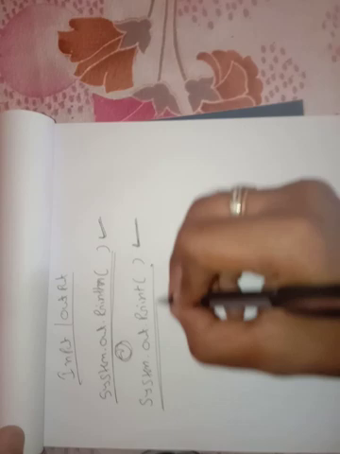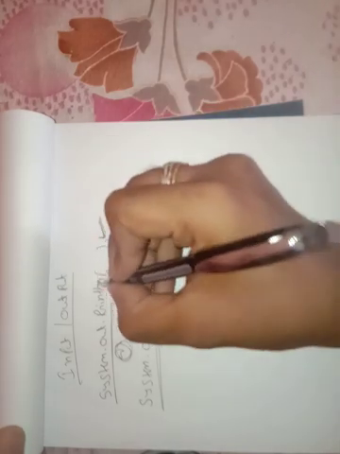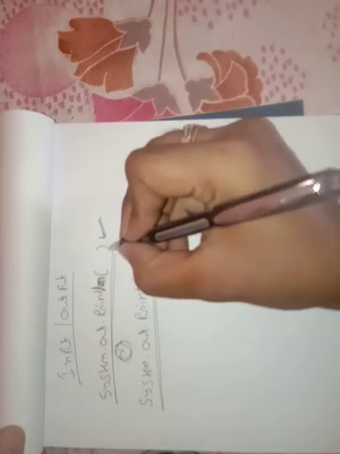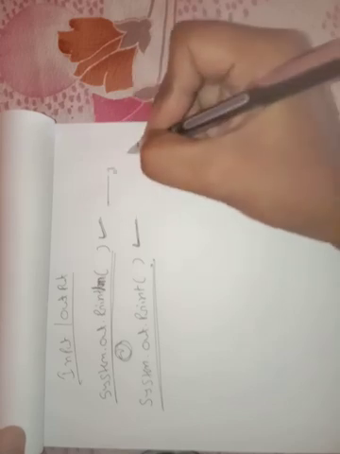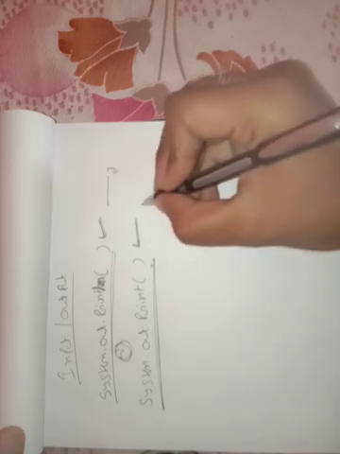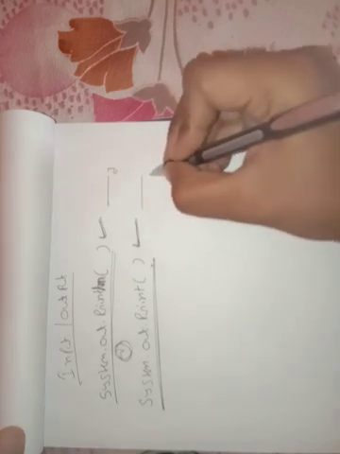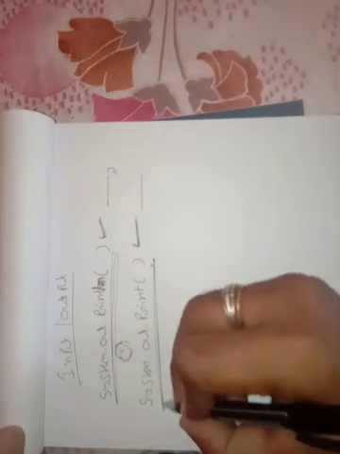System.out.println or System.out.print. The only difference is, when you use println, it prints the content in the line and takes the control to the next line. But when I use System.out.print, it prints the content in the line, it's not taking the control to the next line. That is the difference between System.out.print and System.out.println.